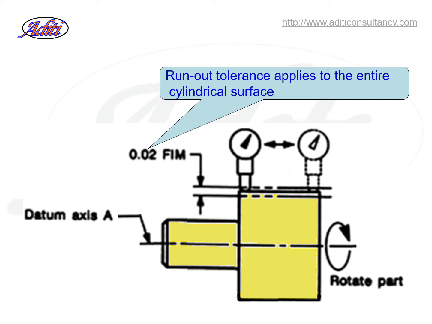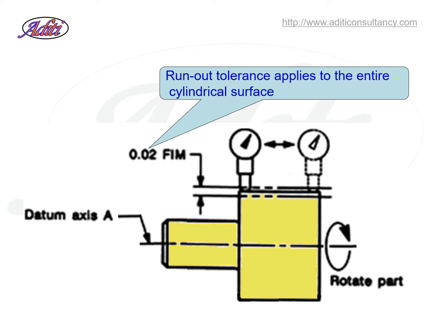Unlike the circular runout, which will trace only the points on a circular element for a given measurement, total runout will trace the point on the entire surface. It traces a helical path on the cylindrical surface because of the two movements involved. One is rotation of the part about the datum axis, the other one is the linear movement of the dial indicator. That is how total runout is three-dimensional in nature.